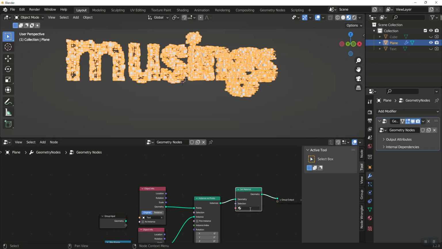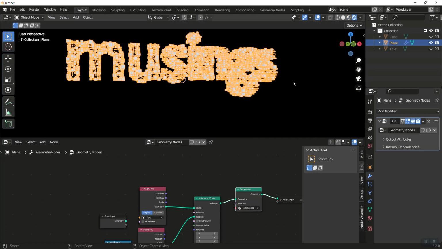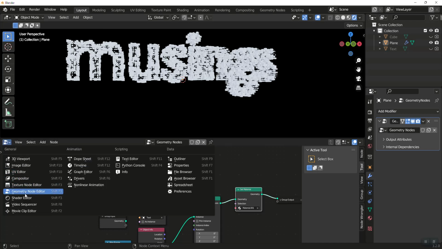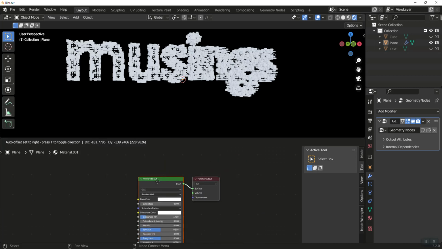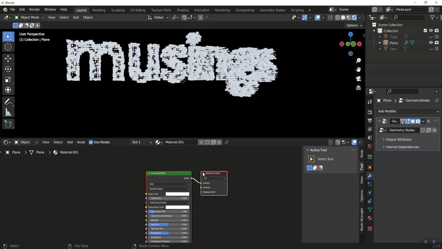We're going to drop it in here, and we're going to select that 001, and then let's jump back into our shader editor, and let's build out this